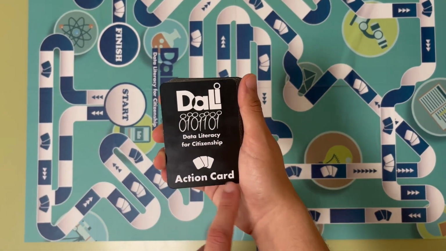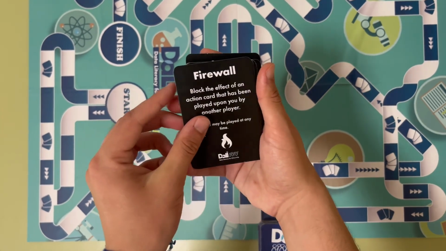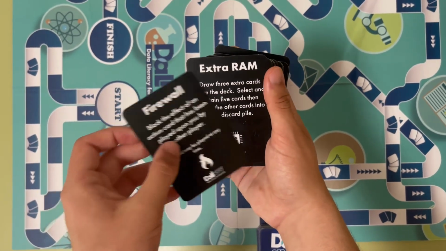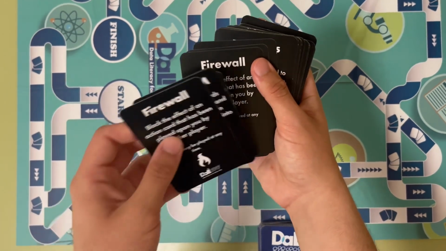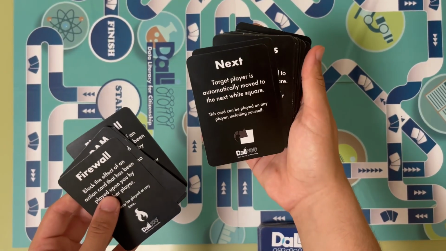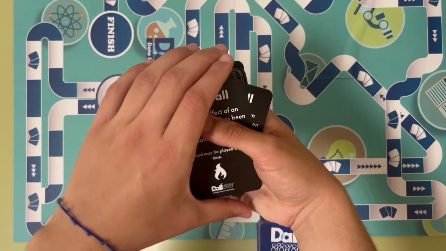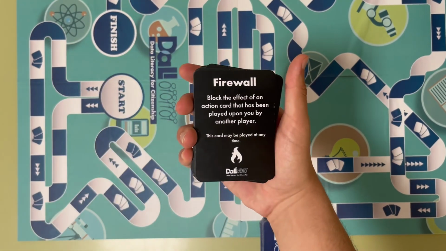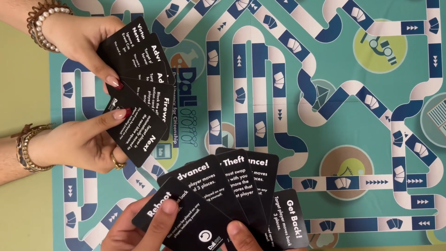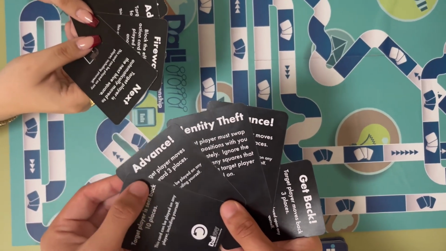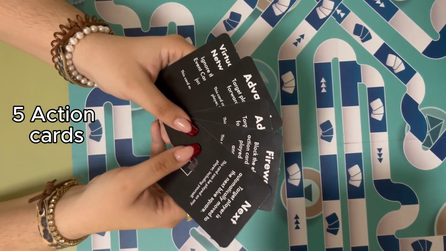On the other hand, action cards allow participants to advance in the game and can be played upon you or other players. For instance, they give you the possibility to block the negative effects of an event card you have just drawn. Before starting the game, each player is given 5 action cards.